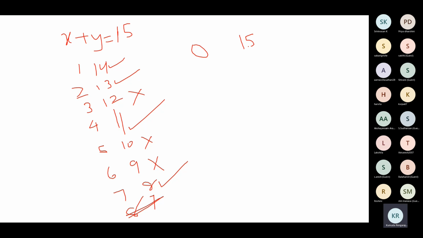So we have here listed the combinations where the sum can be 15. We eliminate the combinations where the pair is not co-prime. Co-prime means the HCF should be 1. Wherever the HCF is 1, we accept it. Where it's not 1, we reject it. So like that, we get 4 pairs.